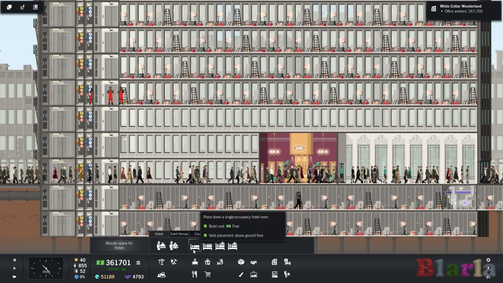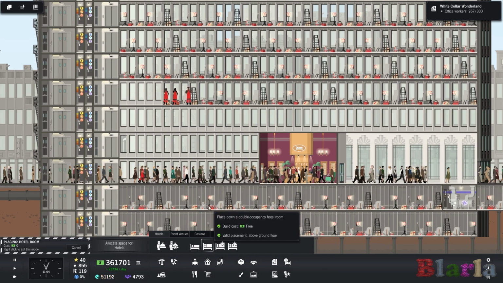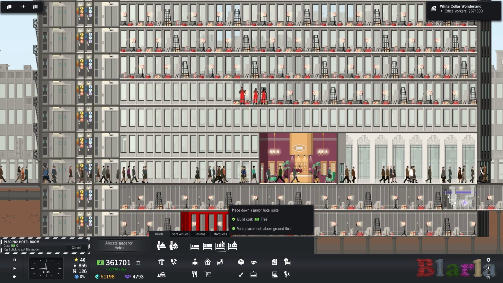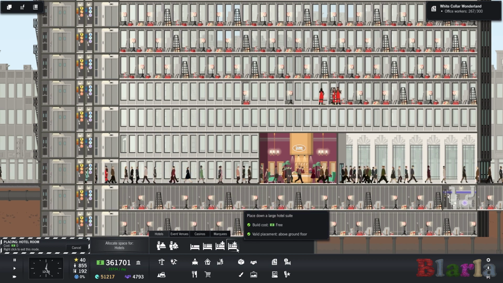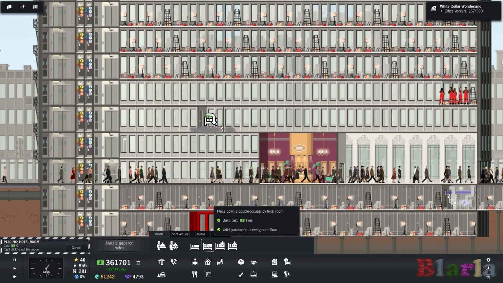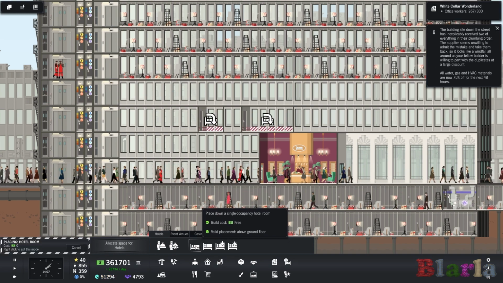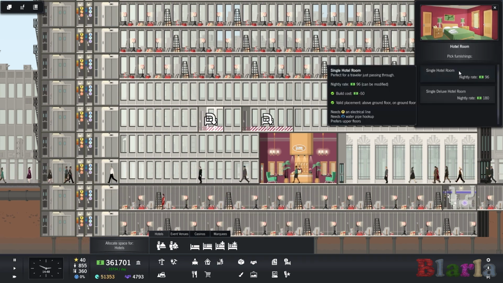Because we have single occupancy hotel rooms. These are the ones. We have double occupancy hotel rooms. We have junior hotel suites. And we have large hotel suites. Exciting stuff. Yeah, exciting stuff. Let's have a look. So if we were going to put in a small single occupancy one, we can do